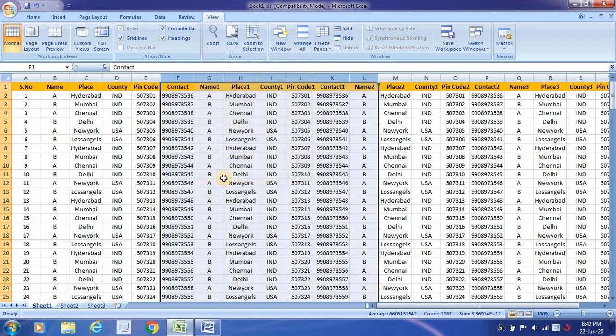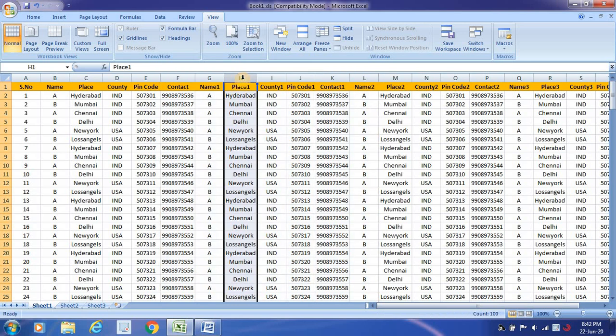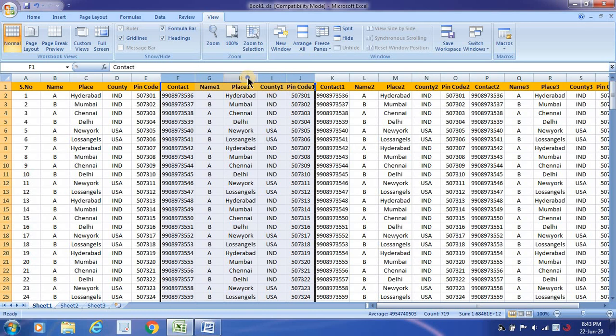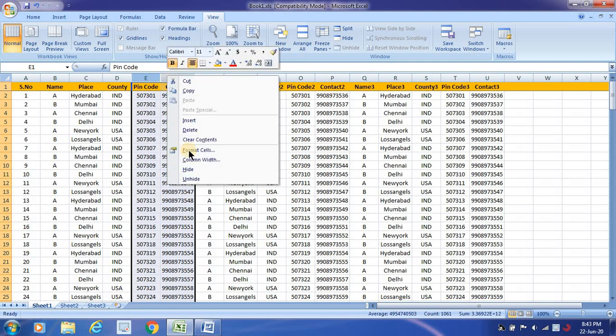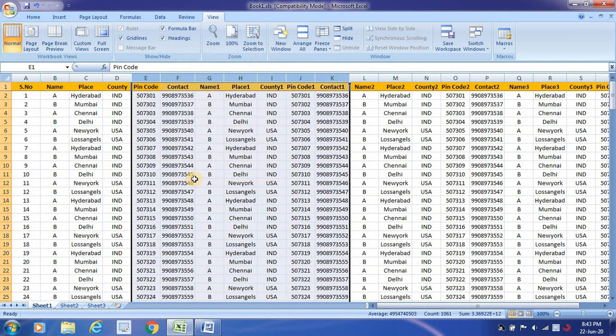and then unhide. Sometimes some people don't want to show certain data and they may use this option to hide the columns. In that case, if you don't know about this option, you may say that my columns are missing. But you should know that if there is any gap between those column names, then automatically you can understand that they might have applied hide, and you have to go and unhide that particular option. To unhide, you need to select both of the columns where the hide was applied, then right click and then unhide.